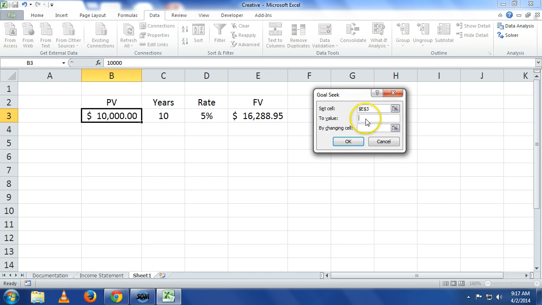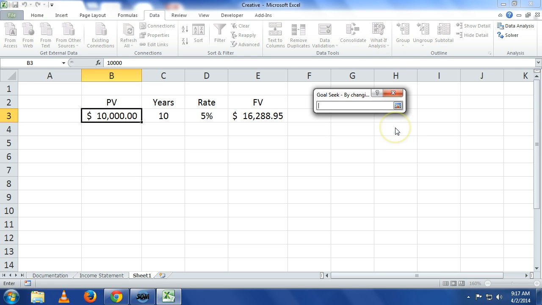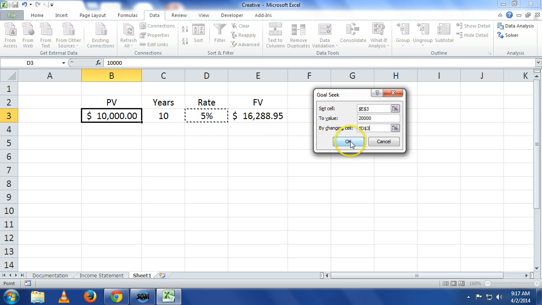And what do we want to set that value to? We want to make it equal to what? 20,000. I said double your money, so we'll say 20,000. So I'm just going to put 20,000. And what cell do I want to allow it to change to get there? D3. I click OK,